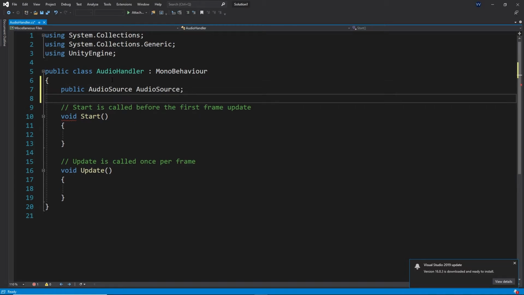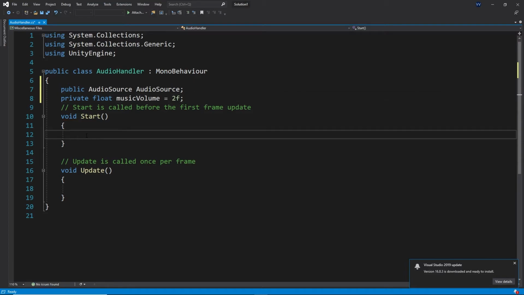And again, we are changing volume, right? So I'm going to take a private float called music volume. I'm simply calling a data type float, and in that I have to mention music volume. I'm declaring that music volume equal to float per frames like this, and in the start function I have to play the audio first. When the audio source is playing, audio source dot playing,